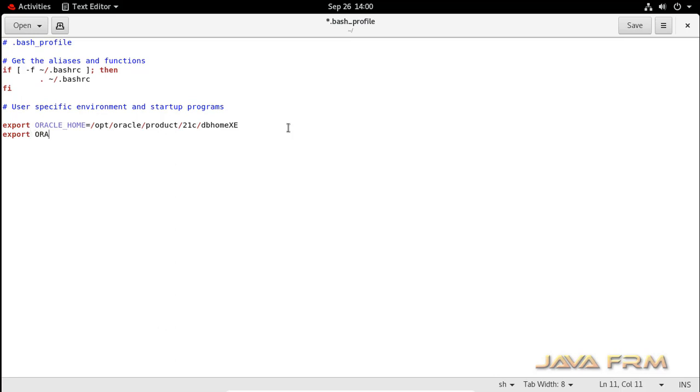Next, ORACLE_SID. XE is the default database name, and SID is nothing but the database name. Next I am going to append this to the PATH variable: $ORACLE_HOME/bin. Save the file, save the bash profile.